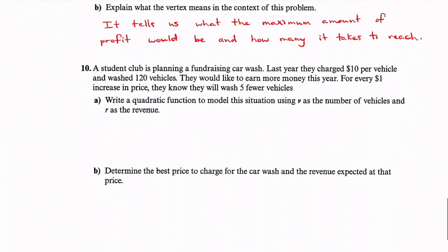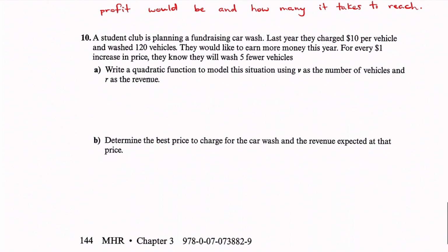Okay, so looking at number 10, it says a student club is planning a fundraising car wash. Last year they charged $10 per vehicle and they washed 120 vehicles. They would like to earn more money this year. For every $1 increase in price, they know they will wash 5 fewer vehicles, which makes sense. If you're going to increase the price, less people are going to come and get their car washed. So part A, write a quadratic function to model this situation using V as the number of vehicles and R